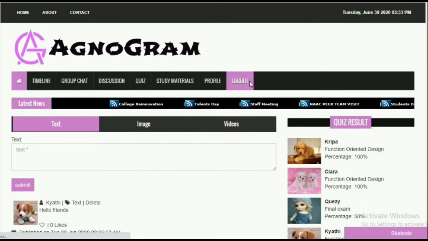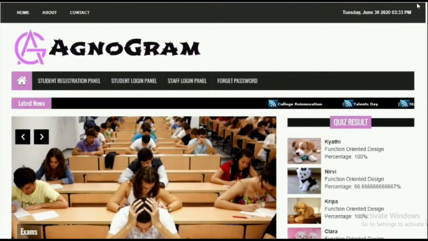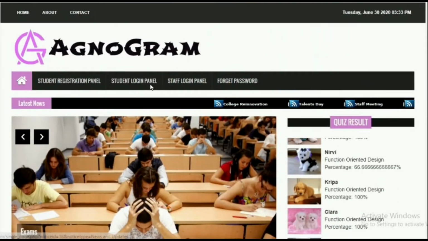Once a student logs out of the account, the control is redirected to the home page.